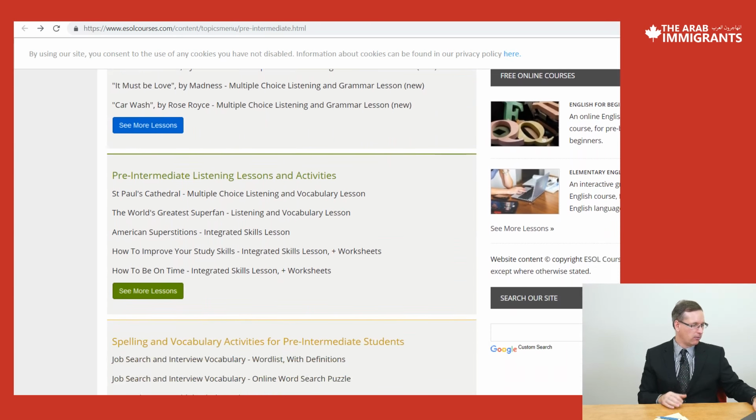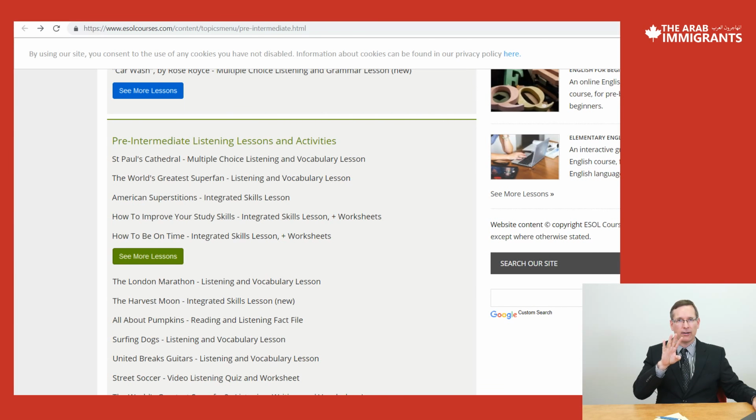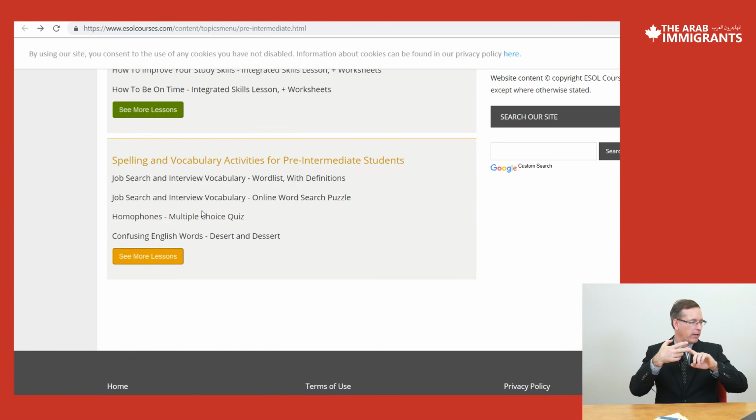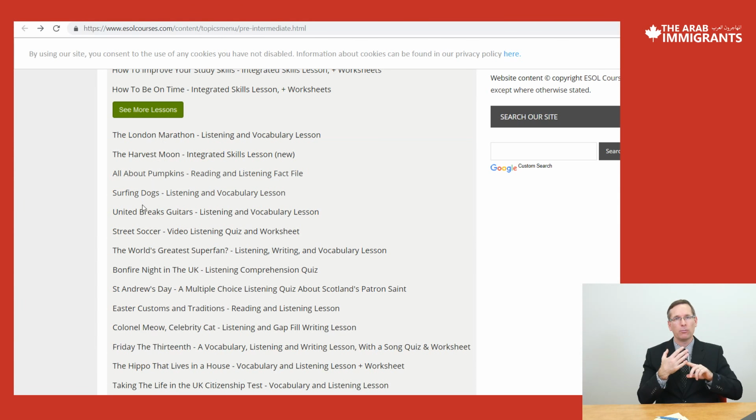Here in each activity, it talks about there's some multiple choice, there's some vocabulary. If I go to the 4th one down, so I have St. Paul's Cathedral, the world's greatest superfan, American superstitions. The 4th one down says how to improve your study skills, integrated skills lesson and worksheet. Okay. So on this section, if I go to the green that's down in 3 parts, and then I